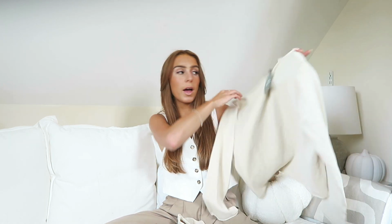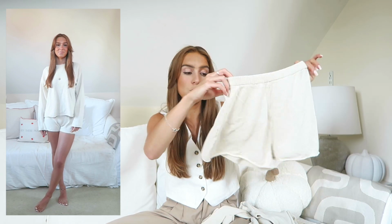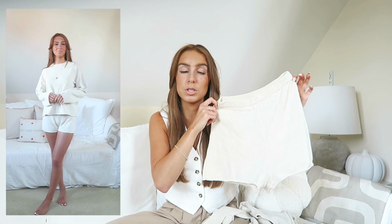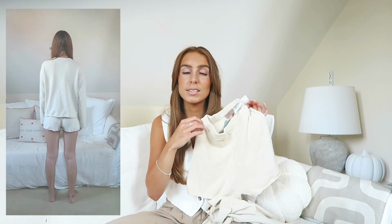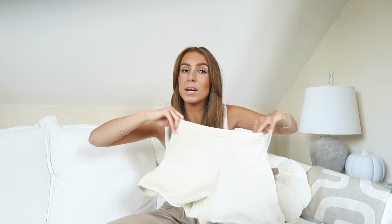So this is the jumper that I got, in a size extra small, and for reference I'm 5'5" and a size 6, because I did forget to say that at the start, I think. And then these are the shorts, which again I got in an extra small. Just really simple shorts. These are the perfect shorts to chuck on and have around the house, even if you didn't get the jumper to match. They're handy to have in your drawer, chuck them on with a big t-shirt, wear them under dresses in the summer, a literal go-to pair of shorts because they're comfy, they're elasticated, they're nice and loose and